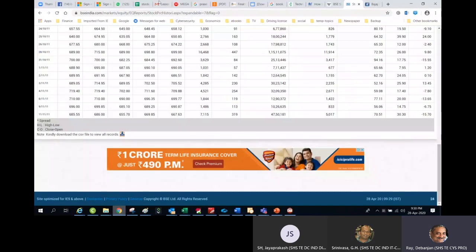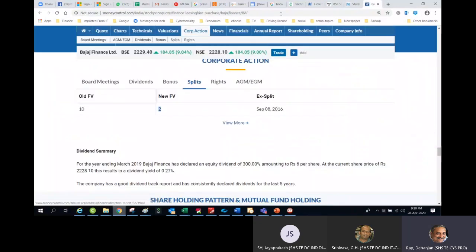Now, Bajaj Finance, as you know, I go back here. Bajaj Finance has a bonus announced in July 2016, and it was ex-bonus on September 8, 2016. On the same date, it has done an ex-split. So that means the stock value has fallen by a 1:5 ratio. Here, if you give the extra share, the stock value also falls down by 50%.